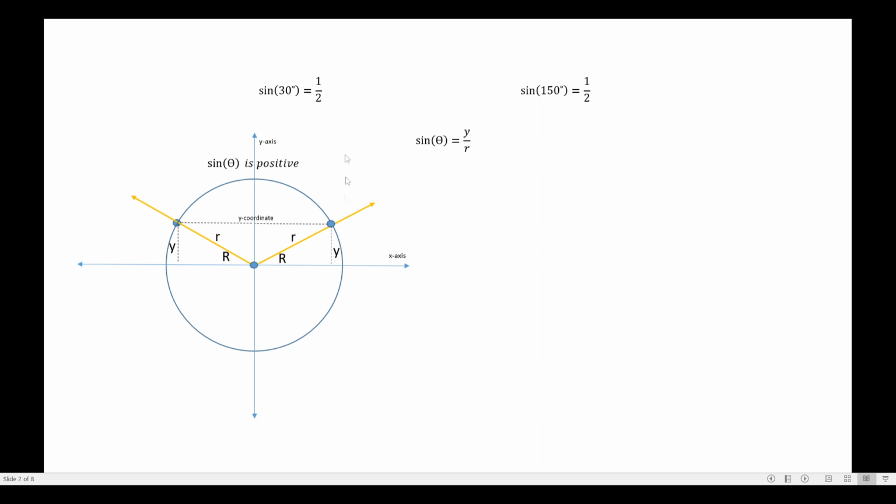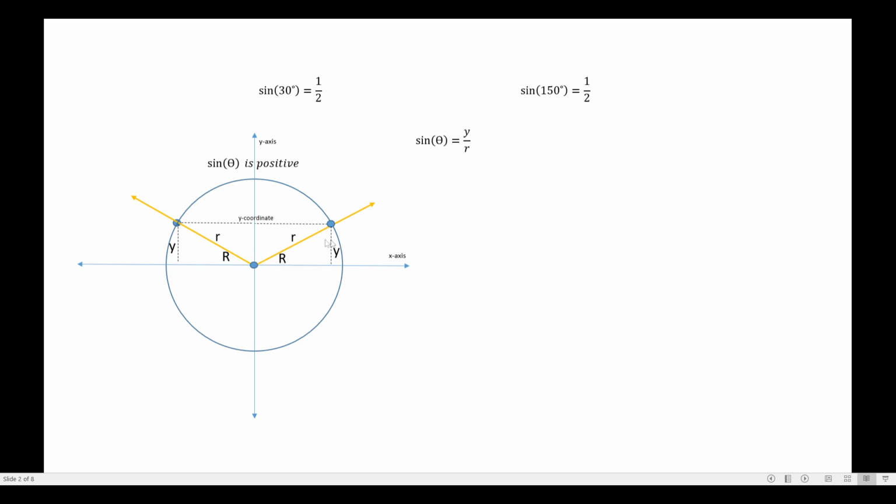In this illustration here, let's just say this reference angle is 30 degrees. I also have this reference angle here in the second quadrant, and let's just assume this is also 30 degrees. So if the reference angle in the second quadrant is 30 degrees, then the angle in standard position is actually 150 degrees. Now notice that the value of the sine function will be the same in the first quadrant and the second quadrant if the reference angles are the same.